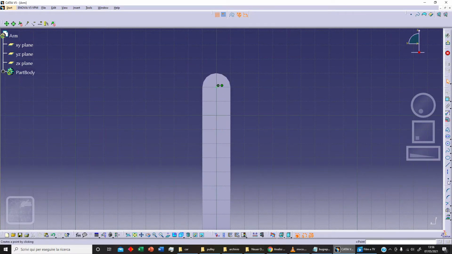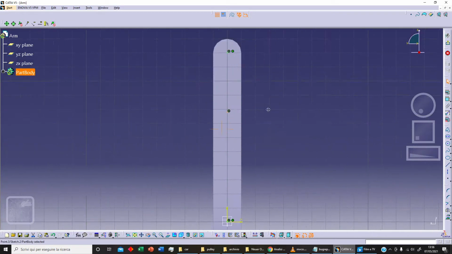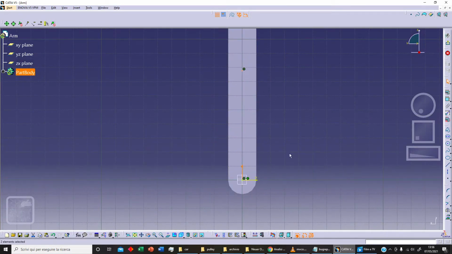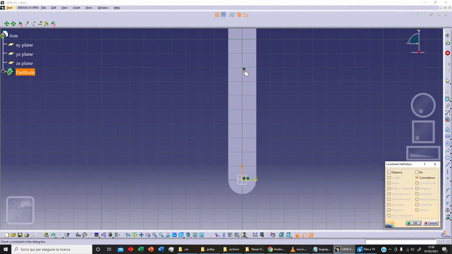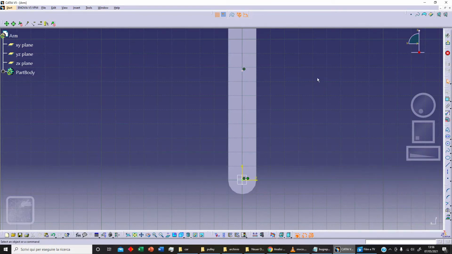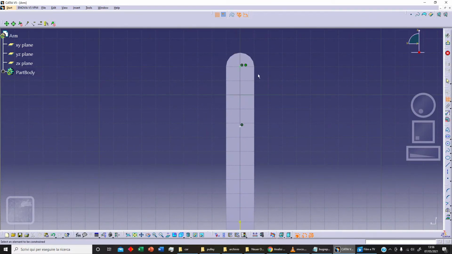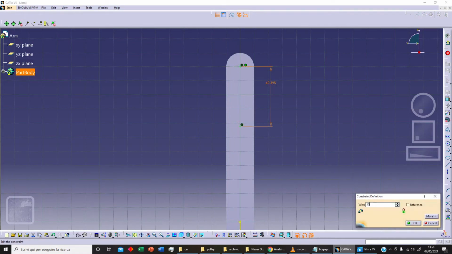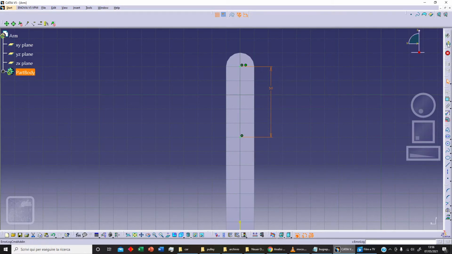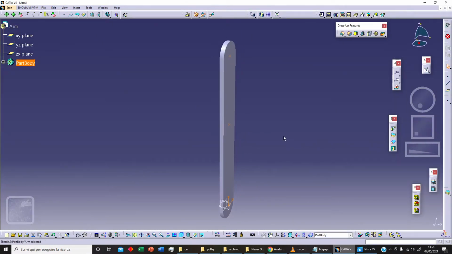And now we need a third point, and we want as a condition coincidence between this point and this axis. As you can see here, we've got this condition, coincidence, and let's click on OK. And we can fix this distance, this and this, and let's say 50. And now exit workbench. Okay, so as you can see here, we've got these three different points,